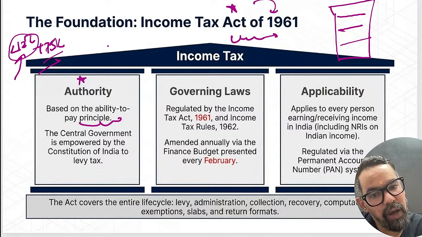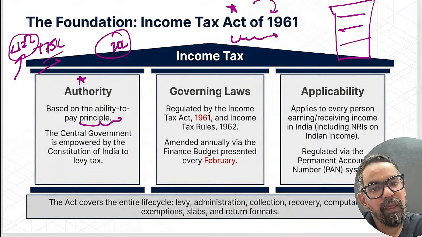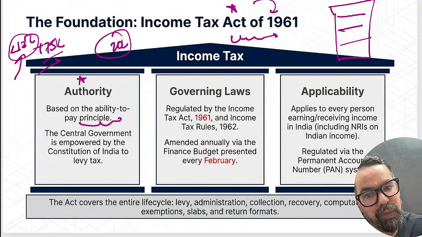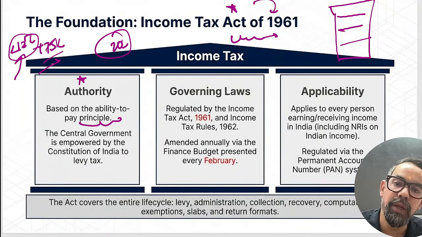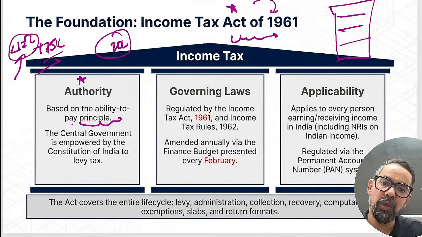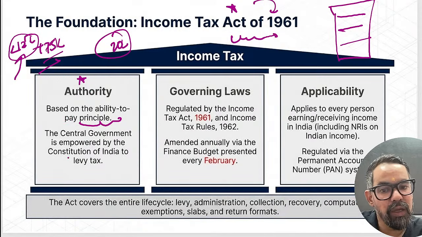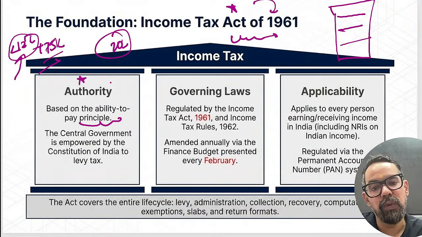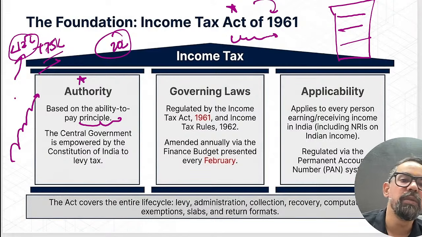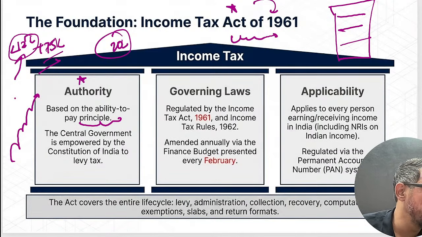If somebody is earning 20 lakhs, or let's say 19 lakh something, at or beyond this amount they have the ability to pay taxes. Accordingly, whether your income is 1 crore or 100 crores, it is a progressive approach. As your income increases, your tax burden will also increase in this particular case.